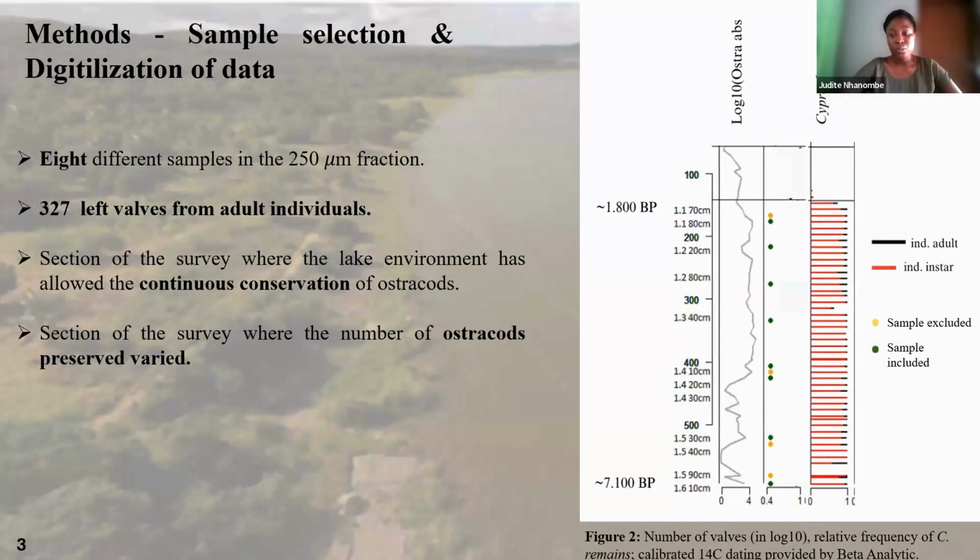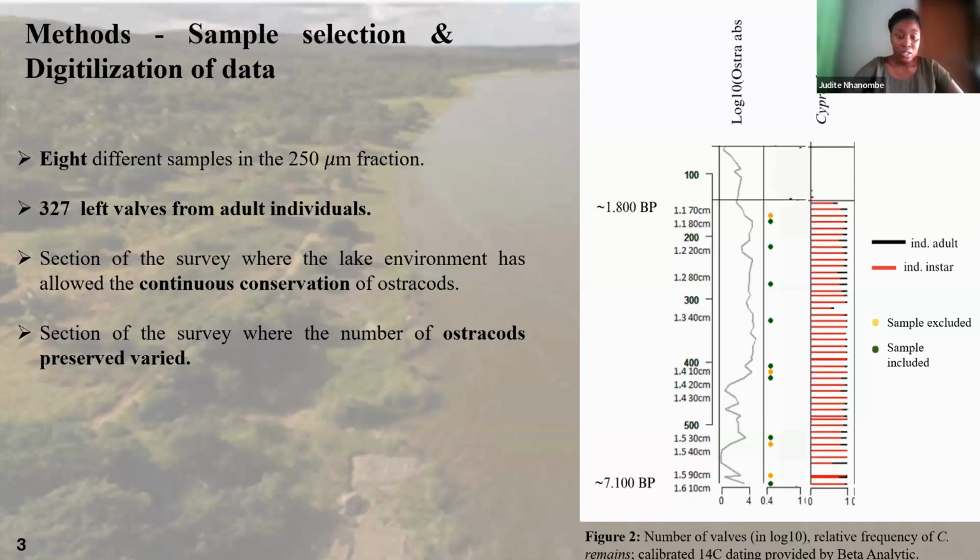Eight different samples with a total of 327 left valves from adult individuals were analyzed. This selection of 8 samples was based on sections where the lacustrine environment allowed for continual preservation, in relation to the sections where the number of ostracods preserved